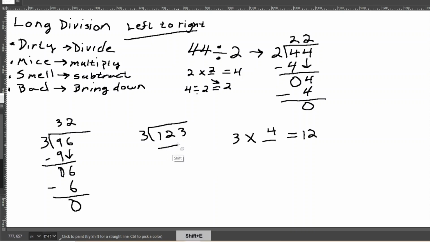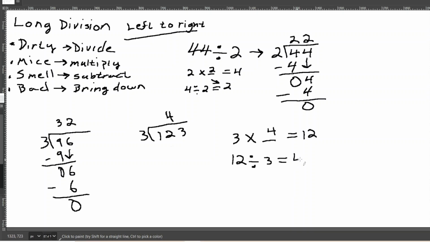So if I can't fit it into the first number, I keep going until I can fit it in. So 3 does fit into 12, right? And it fits in 4 times. And notice where I place the 4. I place it above the 2, because that states that 12 divided by 3